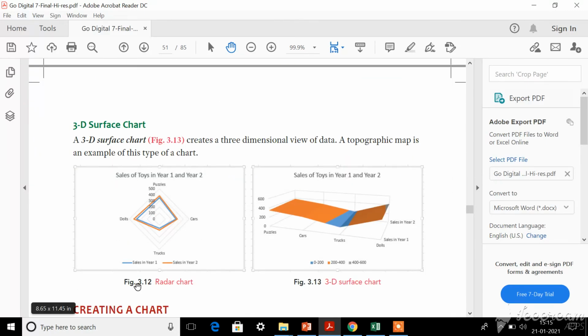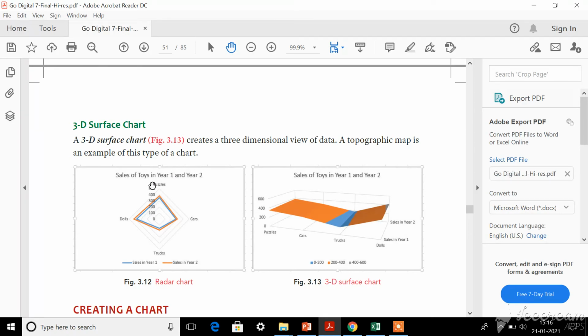Look at this, dear children, in figure 3.12, this is a radar chart. You can see numbers starting from the middle, and the areas are plotted in a circular format. The values are plotted from the center of the circle outward, and 0 means the entire circle that connects the 0 will have the value 0, and the circle that touches 100 will have the value 100.